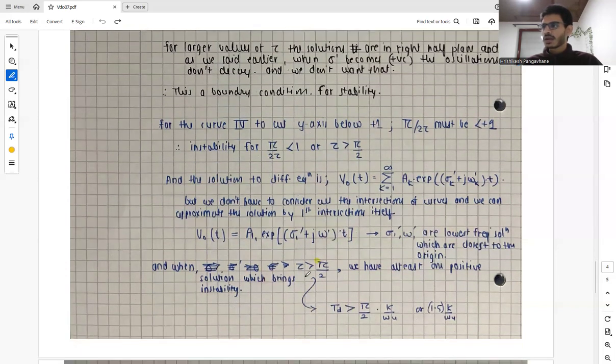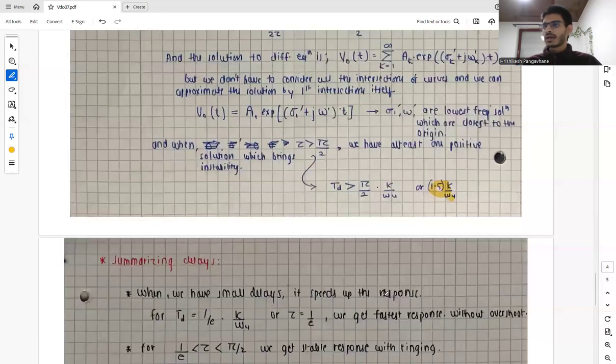And now let's talk about the boundary condition. When tau is greater than pi by 2, we have at least one positive solution, which brings instability, at least one positive solution which is in the right half plane. So this means that TD, if greater than pi by 2 times k by omega u, or pi by 2 approximates to 1.5, so when the delay is greater than 1.5 of k by omega u,